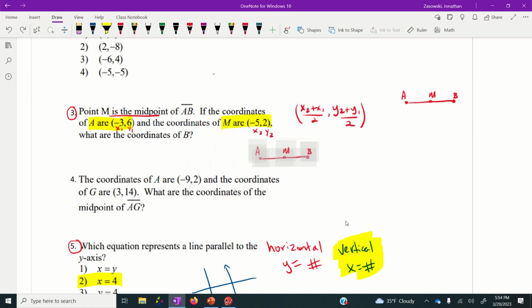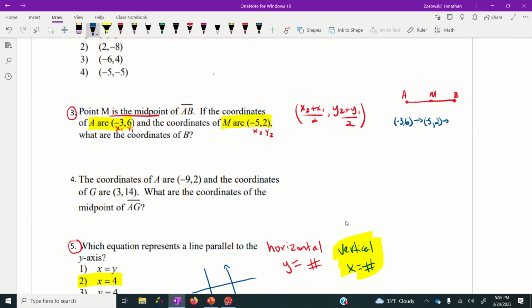We're going to start at A, all right? Actually, we'll leave it right here. We're going to start at A, and A has the coordinates of -3, 6. Okay, we want to move over to M, which is the point -5, 2, and then we want to move over to B,